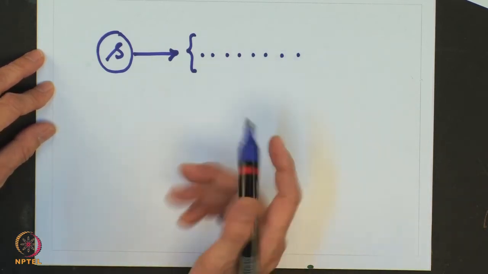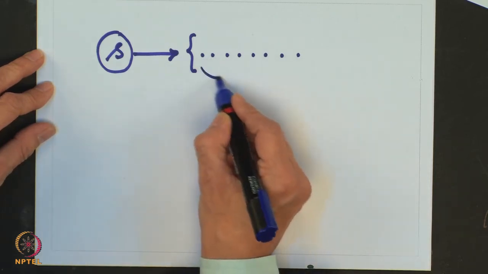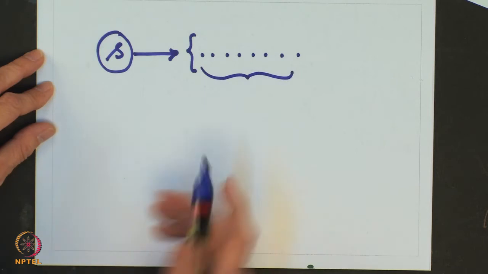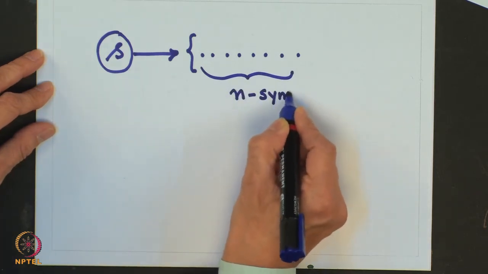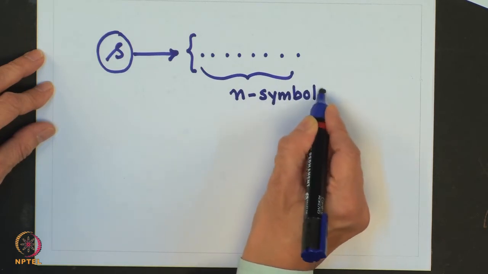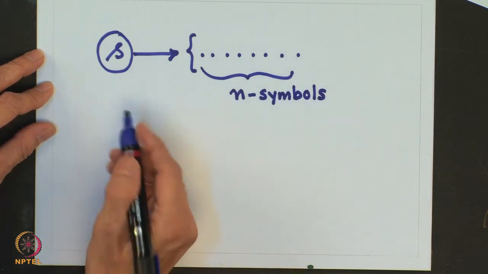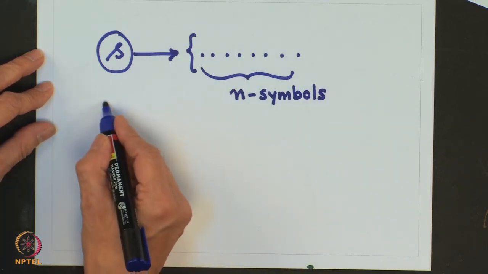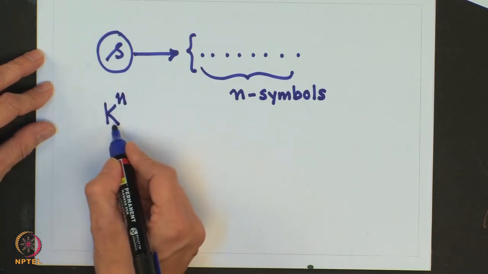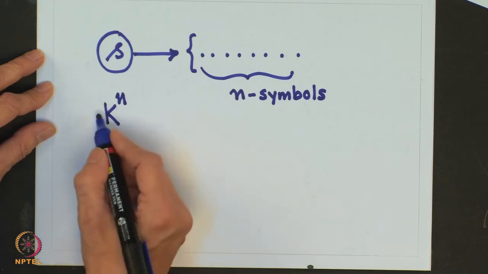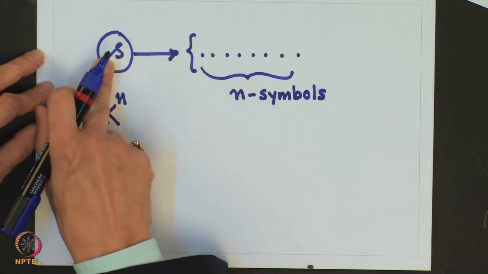So, what I mean to say is that suppose I group the output from this source or form a subsequence of n symbols, then this group or subsequence can take how many values? It will be k raised to n, where k is the cardinality of the set alphabet associated with the source